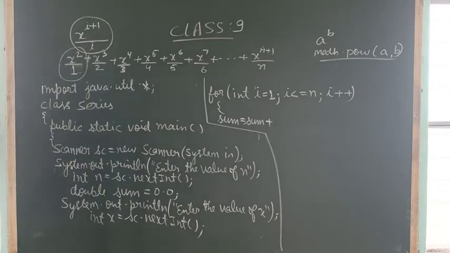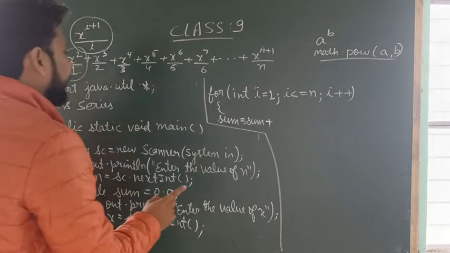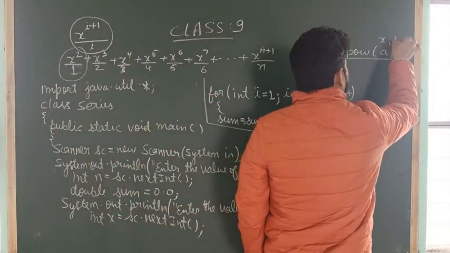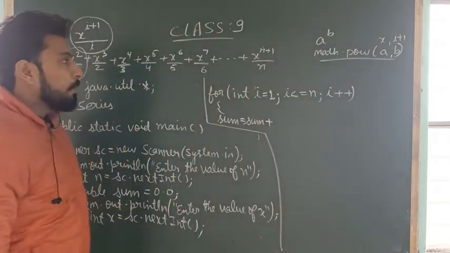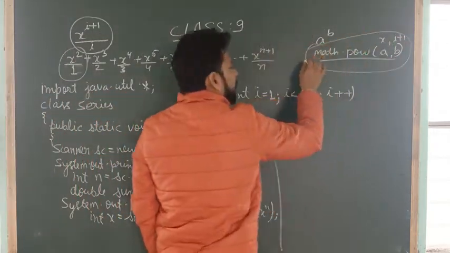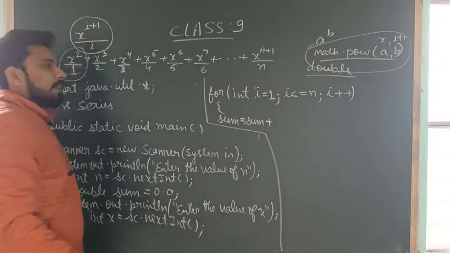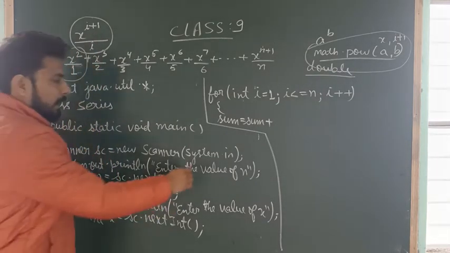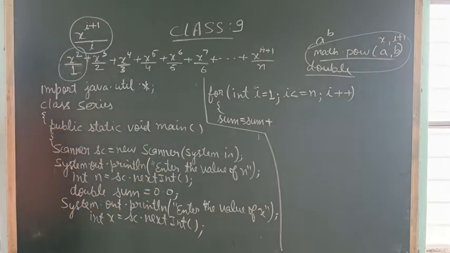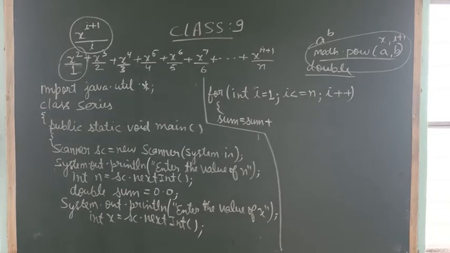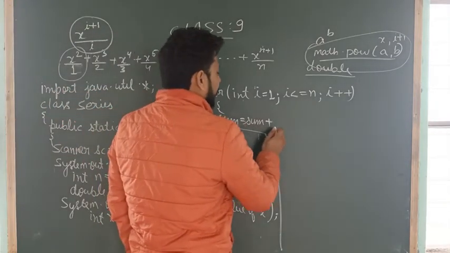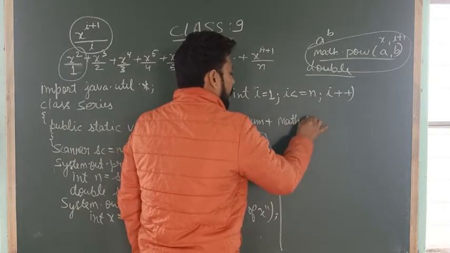So here we have Math.pow(a, b), but in this place your a is x and your b is I plus 1. The return type of this function will be double, and the sum is also double, so there is no need to perform type conversion, that is, implicit or explicit. Okay, so sum equals sum plus Math.pow